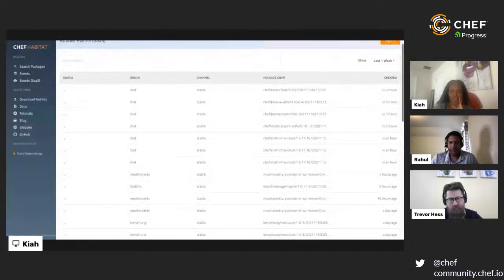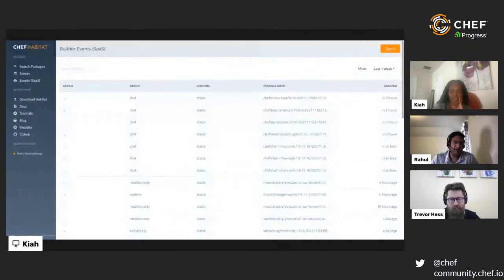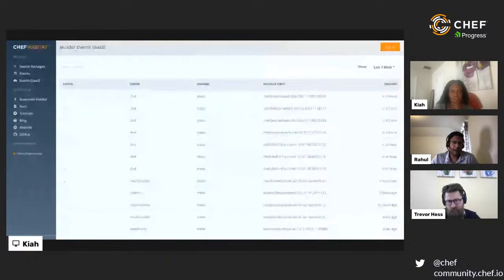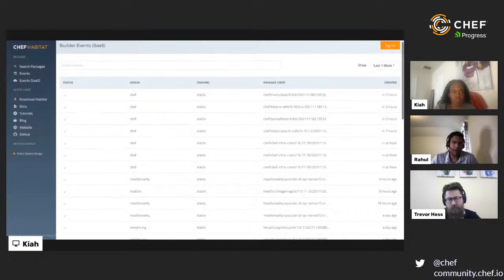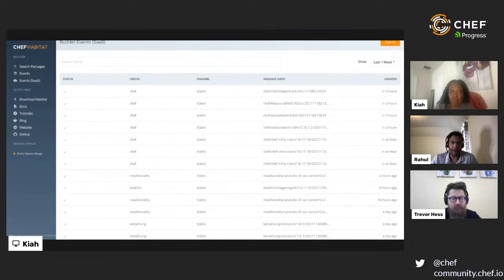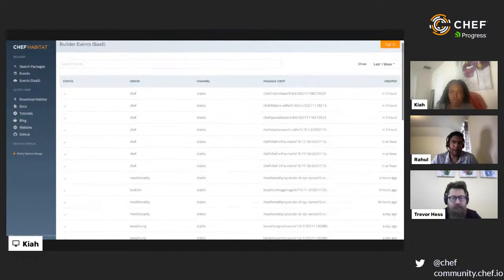Basically, in the screen share we are showing a view of the event log, and this is our acceptance environment for Builder. This is hosted in the cloud, and we are running it internally as a test and staging environment.